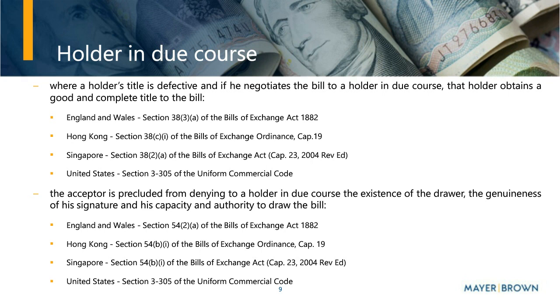So we know that the legislation accords to the holder in due course certain protections, more protections than other types of holders. So the next question you would ask is, how does a finance provider become a holder in due course? The Act will also legislate what is a holder in due course. And in substance, a holder in due course is someone who takes the bill in good faith and for value. And at the time the bill was negotiated to him, he had no notice of any defect in the title of the person who negotiated it in his favor. So what amounts to a defect in title?